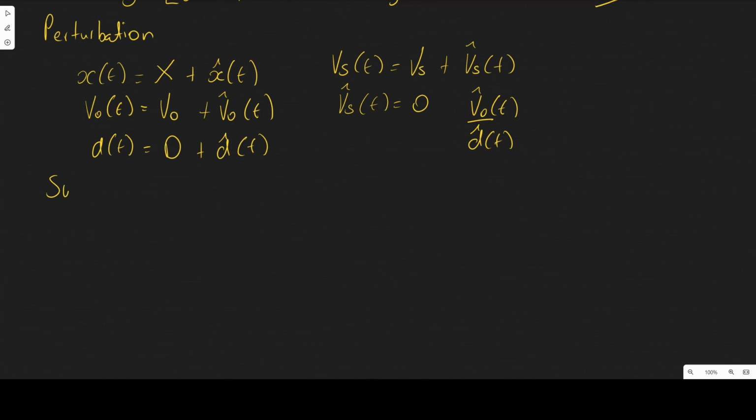So for substitution, we will now write the average state space equations as follows. So we have the derivative being the DC term and the small signal AC perturbation,